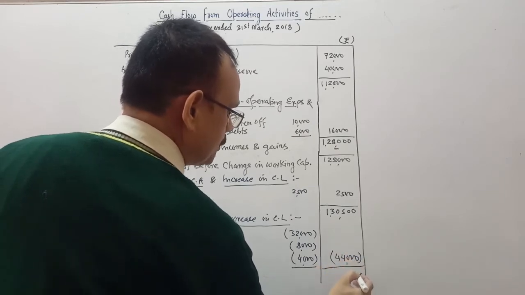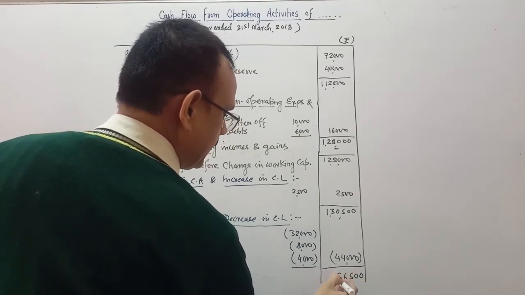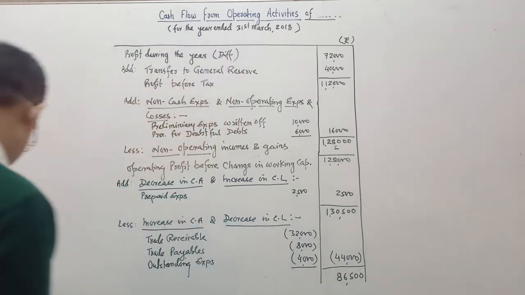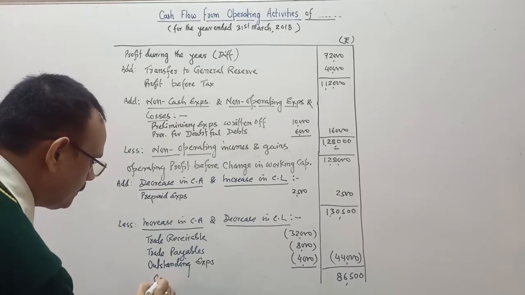So we get 86,500, which is the cash flow